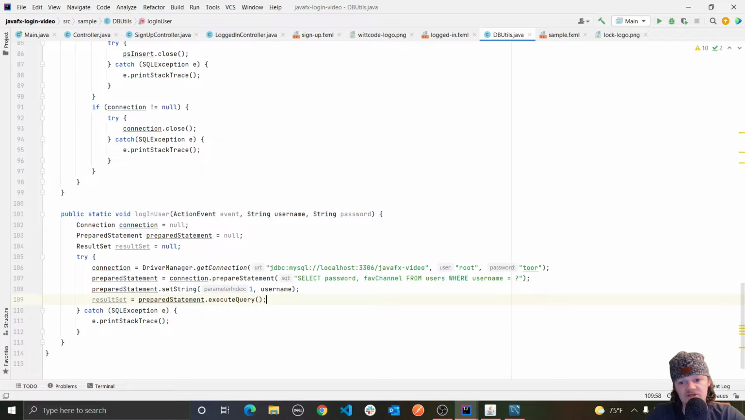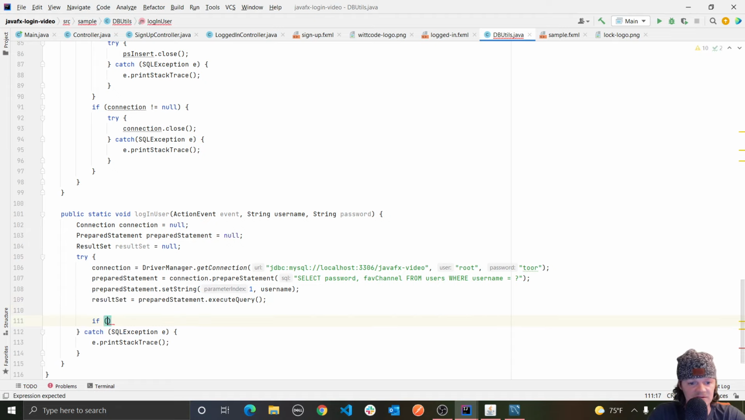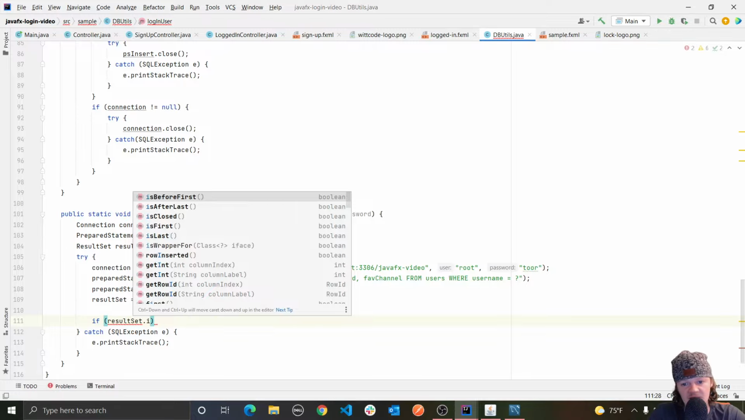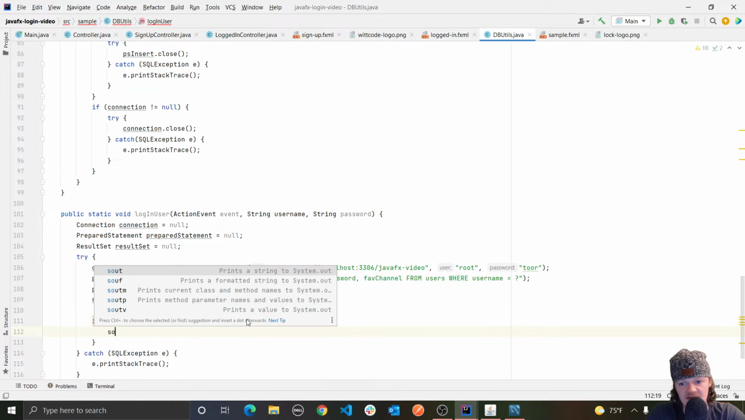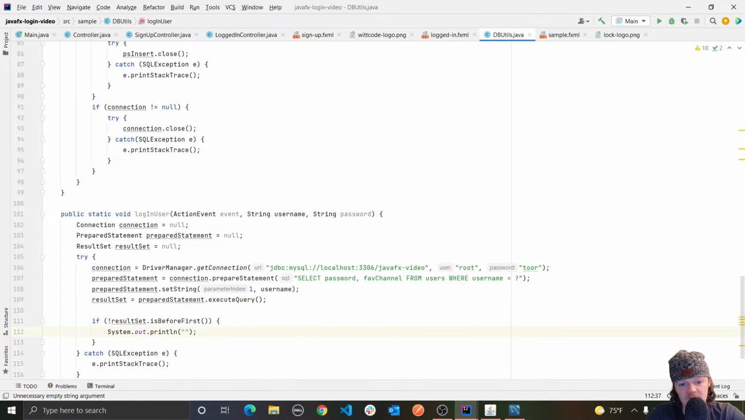And then once again, we will check if the provided username is in the database. And we will do this again by using the isBeforeFirst method. So if you remember from last time, if resultSet, but this time we want to do the opposite of this. And if you can remember, this returns false if there are no rows in the result set. So we will print to the console user not found in the database like this,